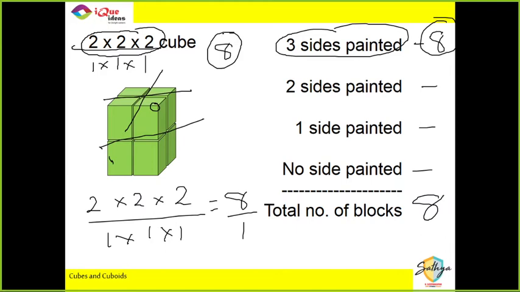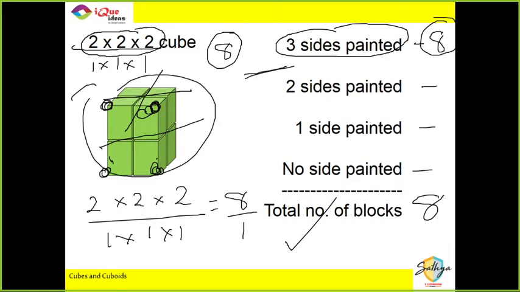You got a total of 8 cubes, and we have seen each of these cubes will contain one of the original vertices. So all 8 cubes which are formed will contain 3 sides painted. So all the 8 cubes are counted. There will be no other type of cube. Each of these 8 cubes will have 3 sides painted and 3 sides unpainted. When the original cube is cut, 8 pieces are formed and all 8 pieces are identical. So each of these 8 pieces will have 3 sides painted and 3 sides unpainted.